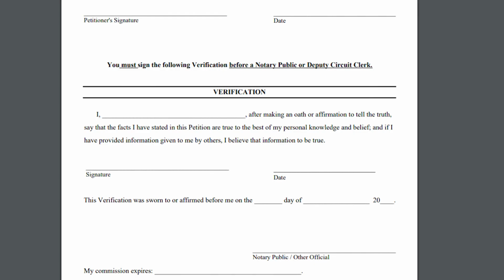Now, what you'll then want to do after filling that out is to sign and date. However, for the verification page, do not sign or date any of that until you are in the presence of a notary public. If you have any other questions related to filing for this divorce, please don't hesitate to contact